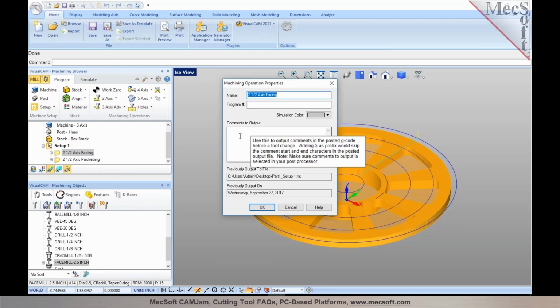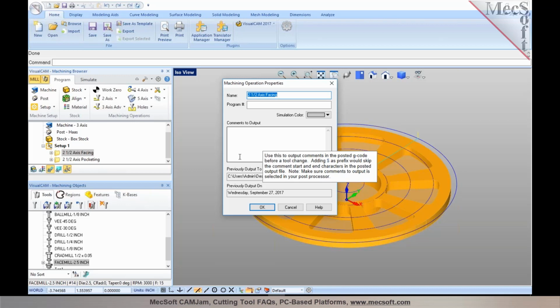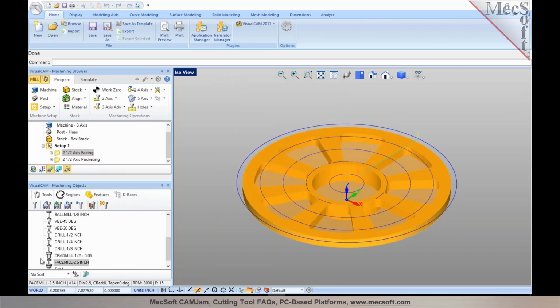And as you can see, the tool tips that pop up when you hover the cursor on each of these boxes say that if you add a $ as a prefix, this would skip the comment start and end character. So there's a lot of help built into the product here, as you can tell. This will help you in adding comments to each operation, or you can have the comments set for each